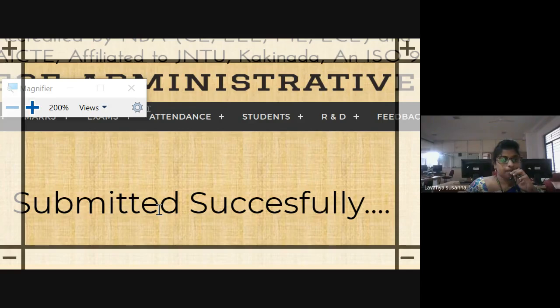Okay, I hope you understood. Is it clear, students? This is the workflow. This is the flow of events. You need to write one by one what the system is prompting and what you are doing. And the post condition is that after success, you will get a message like this: submitted successfully. If you didn't get this message, it means you didn't submit successfully. Again, you need to submit.